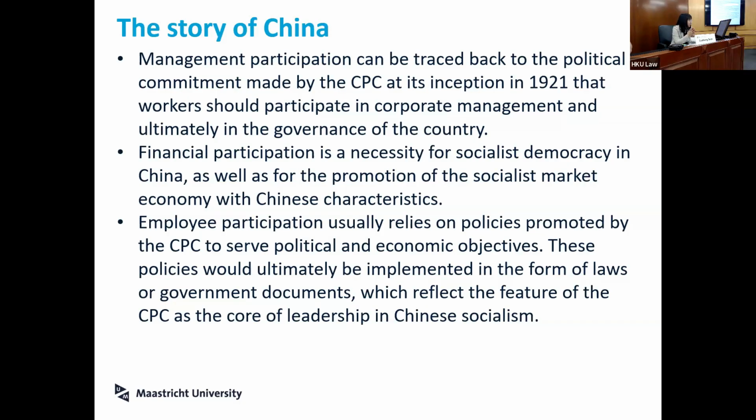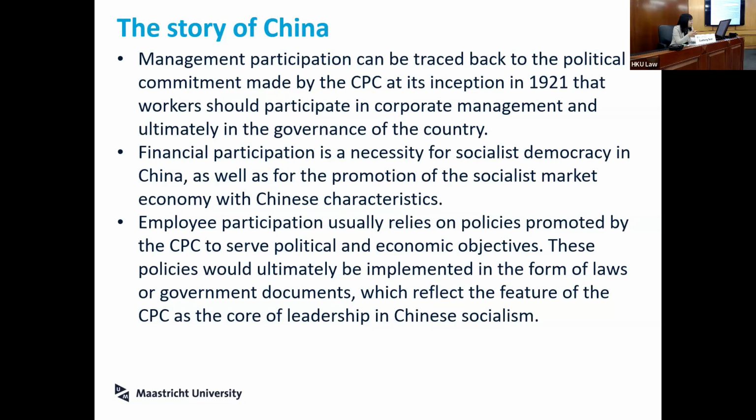And I also found that employee participation usually relies on policies promoted by the CPC to serve political and economic objectives. So normally the CPC will express its opinions on a particular employee participation policy, usually in the form of pilot implementation in some SOEs first. And if those practices are successful, the CPC will introduce those practices to more SOEs, and at the end of the day, to the whole country. So that's how these policies will ultimately be implemented in the form of laws or government documents that have legal force for all